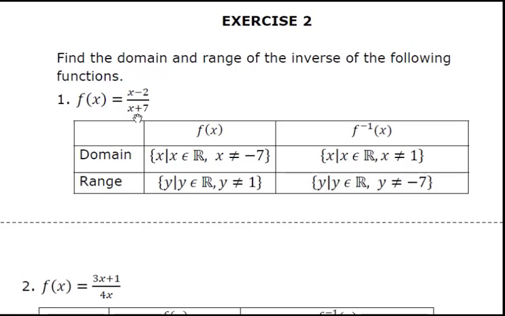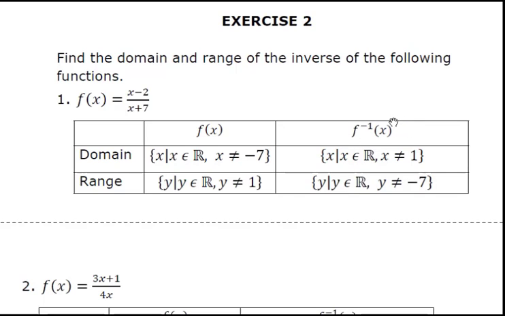And in this case, what is a? A is the leading coefficient of the numerator, which in this case is 1. And b is the leading coefficient of the denominator, which is also equal to 1. So 1 over 1 is equal to 1, and that is the horizontal asymptote. Since that is the horizontal asymptote, it will not be included in the range of the function.